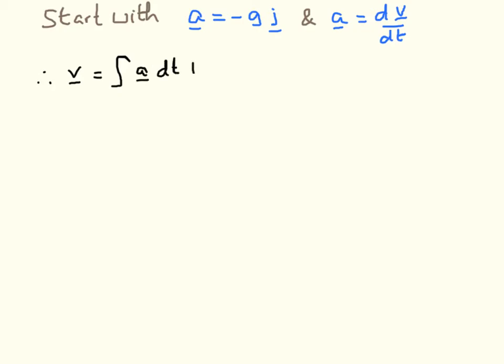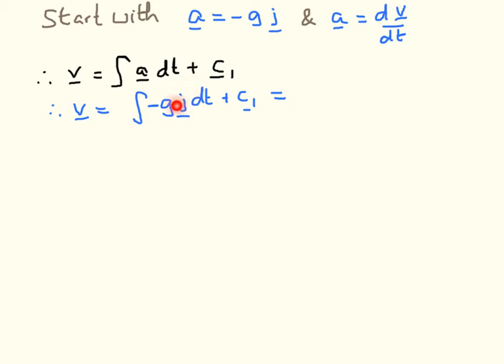We are going to need to add on an integration constant because this is an indefinite integral, and I'm going to call the integration constant c sub 1. The integration constant is of course a vector. This is a vector, so we integrate the vector here and we add to it an unknown vector. So let's carry out the integral. We see that the velocity is the integral of minus g j dt plus a constant, and